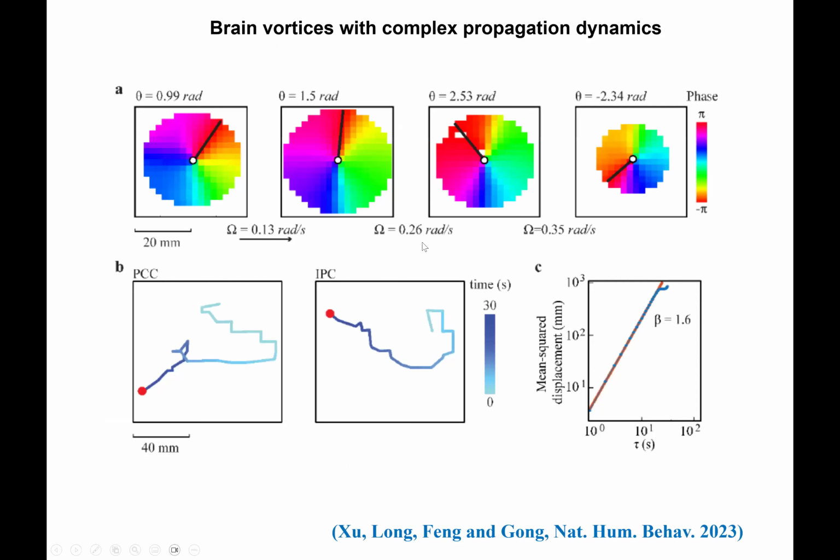So as I mentioned, these rotational waves rotate around the phase singularity center. Meanwhile, the centers themselves can propagate with interesting, rich, complex dynamics. As I said, the dynamics can be characterized as a super-diffusive motion, right? So here I want to highlight again that in the real brain, propagating waves would show anomalous diffusion instead of regular smooth propagation, because of the heterogeneous nature